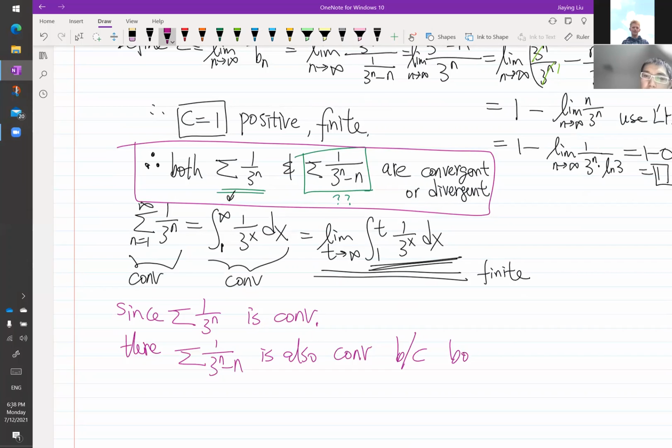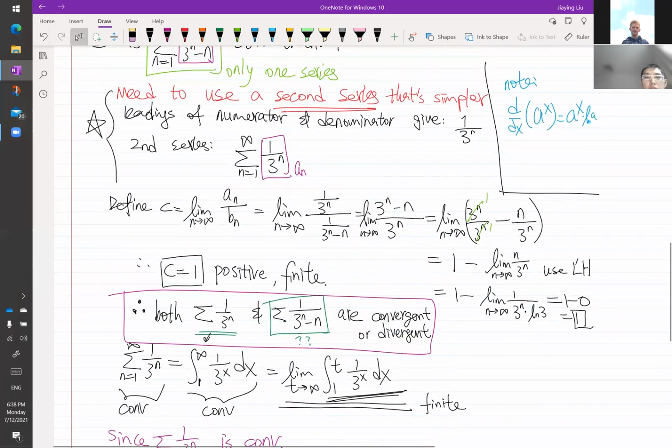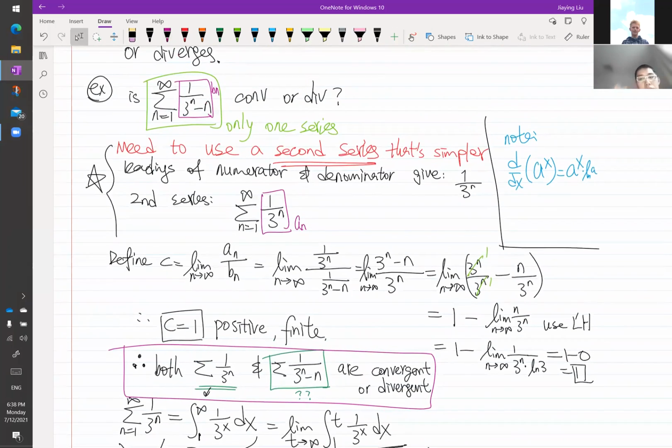Because both are convergent or divergent at the same time. So that's what this test is. There are a lot of steps you have to do if you try to use this comparison,